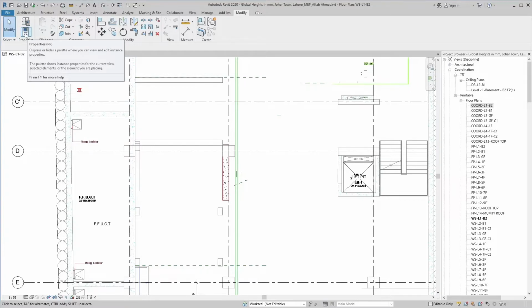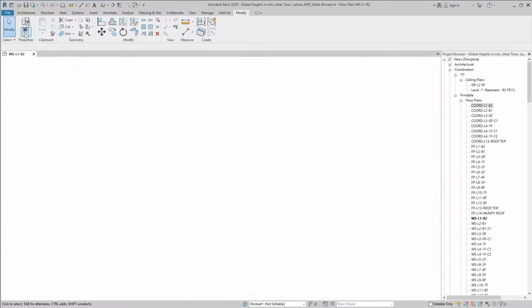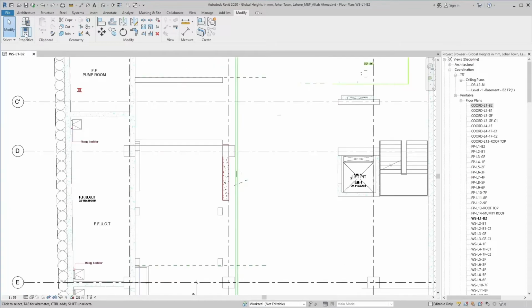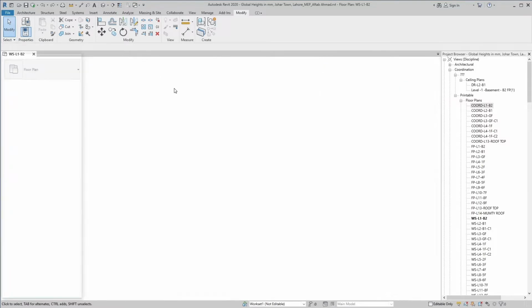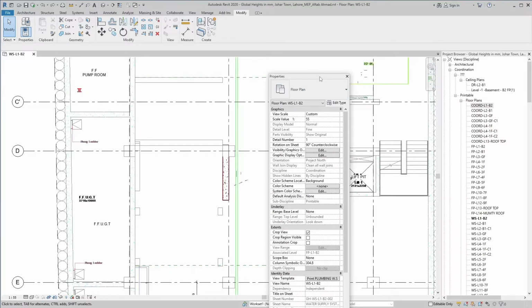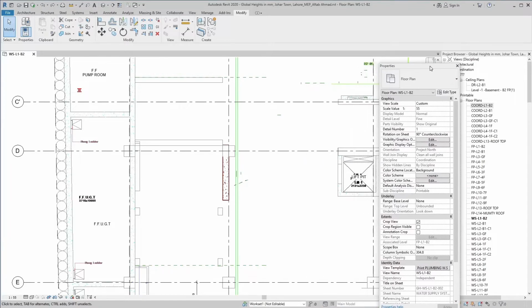Clicking this button hides or unhides the properties palette. You can toggle the palette to each side of the Revit window and resize it.